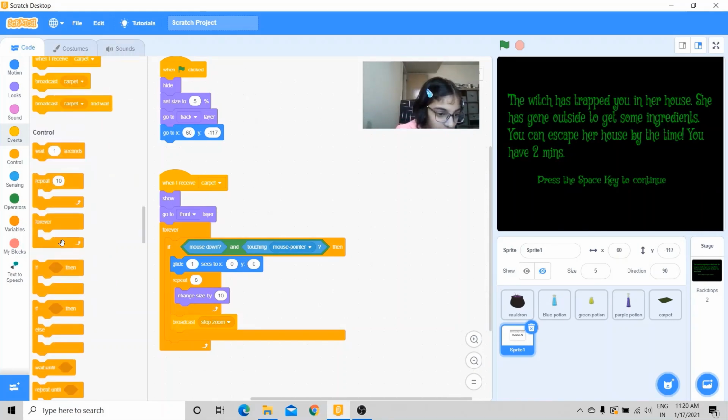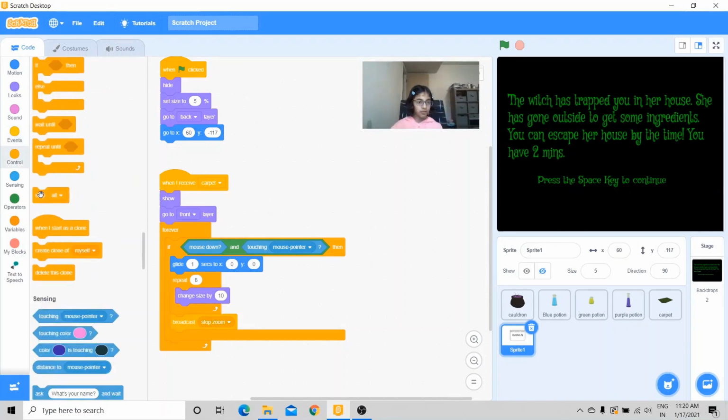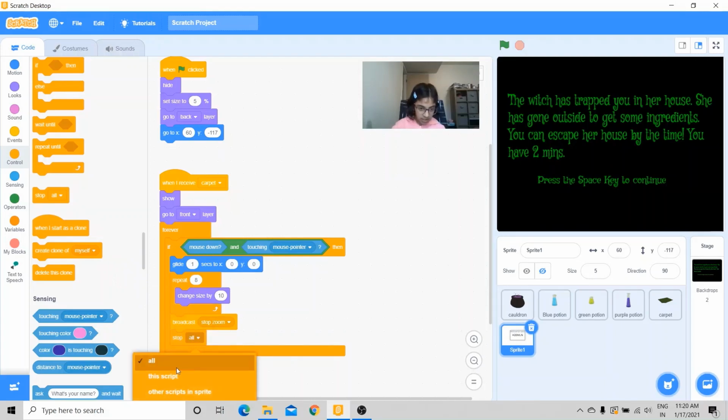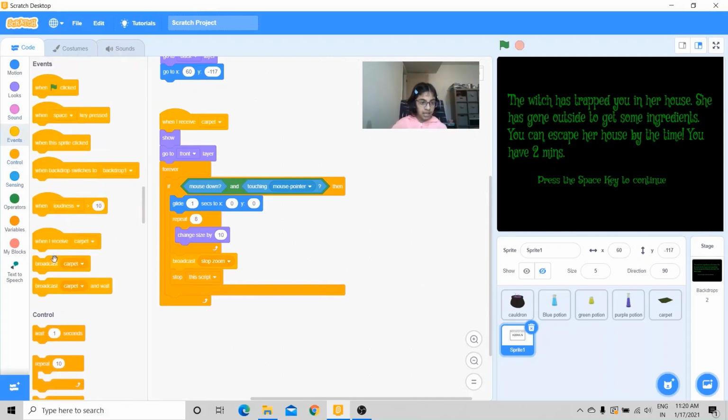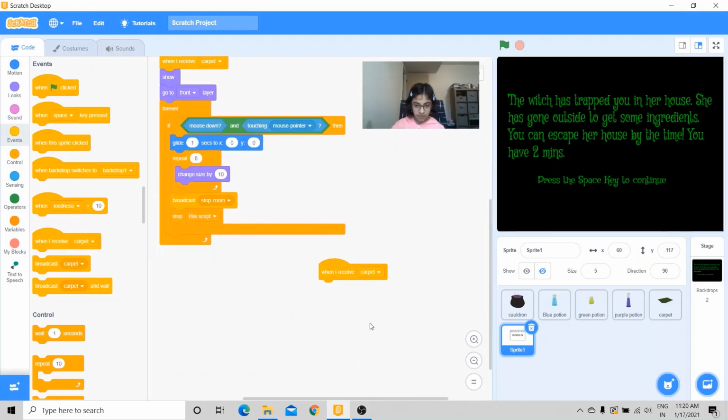And I'm going to go to control and I'm going to do stop this script. So even better that it's not going to get enlarged. Now, I'm going to go to events. And when I receive, let's choose this. When I receive stop zoom,